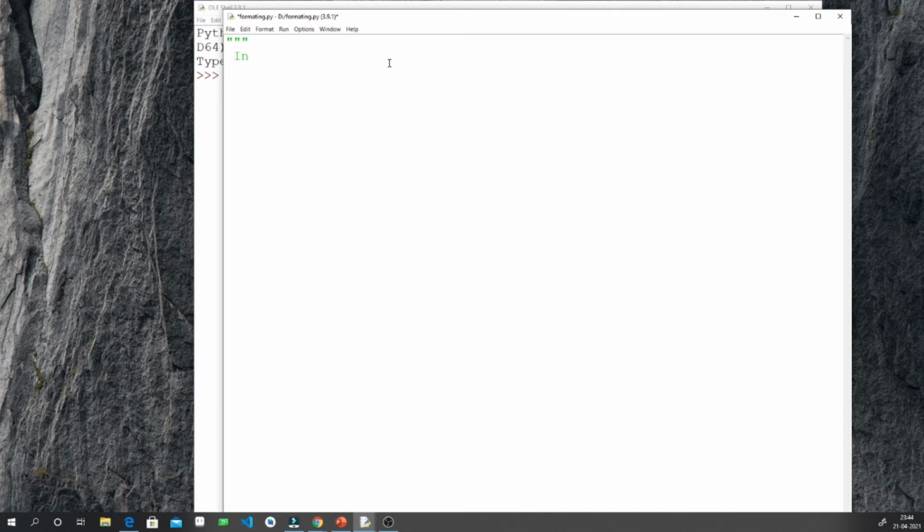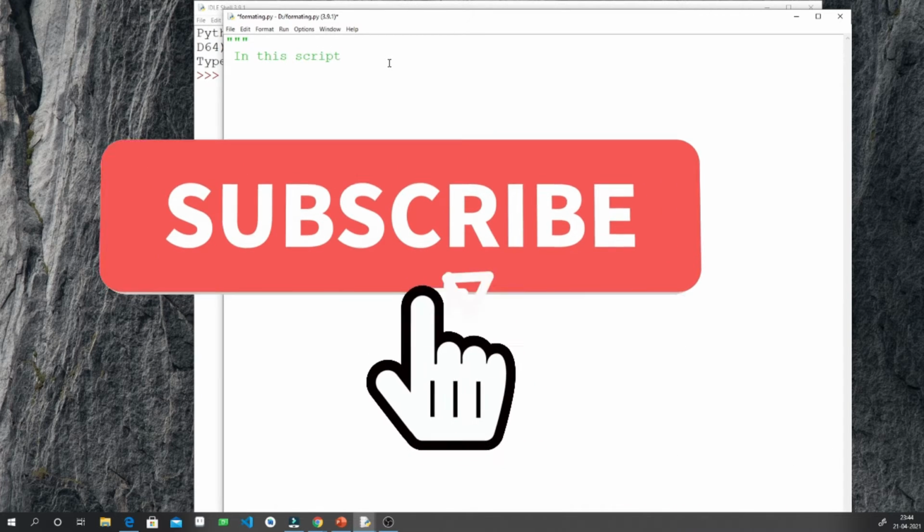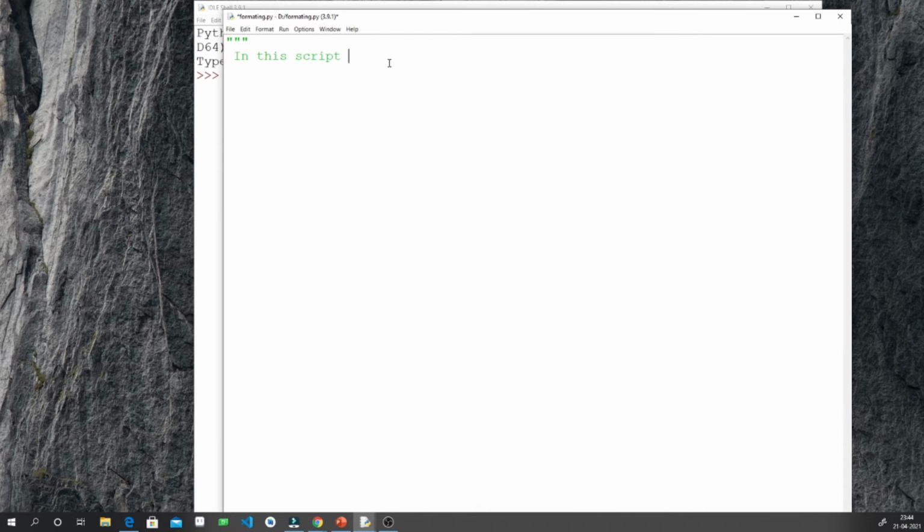Python interpreter will know that this is a comment and it will not execute that. So this is used just for documentation, so that whenever you are providing the script, the end user can understand what we are doing.